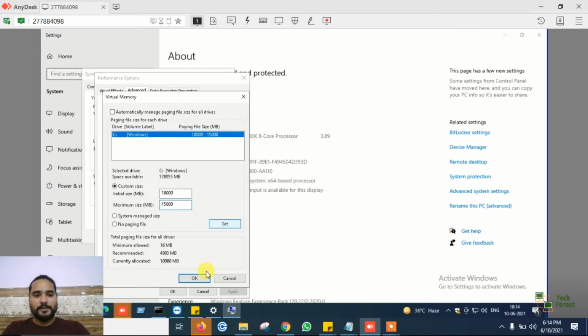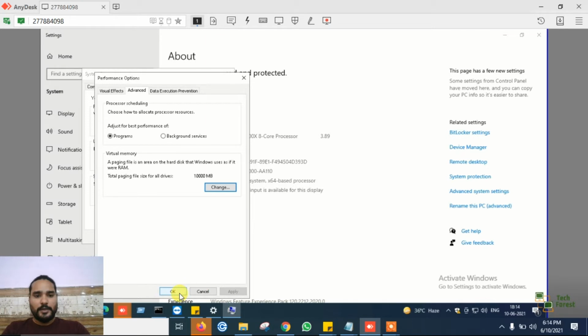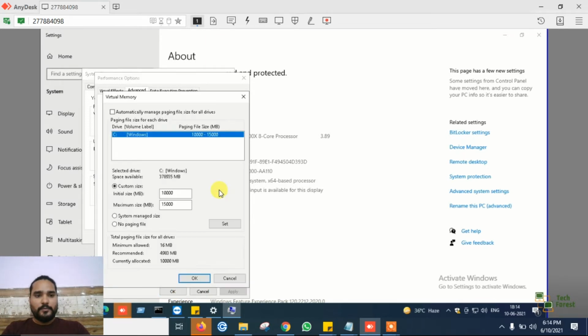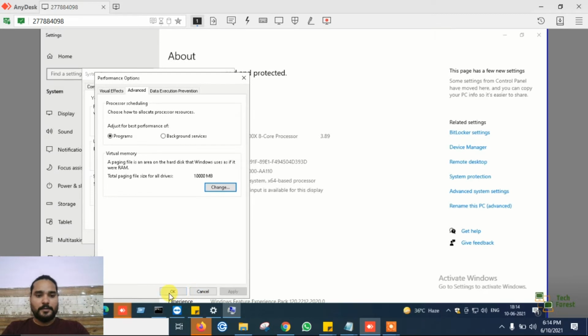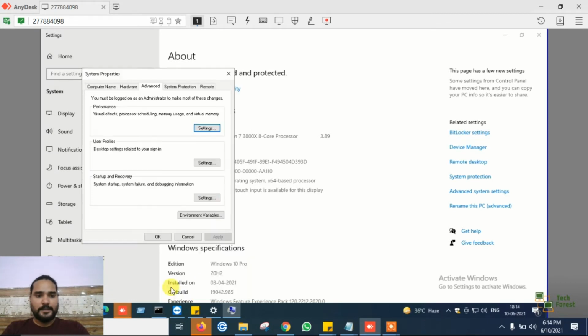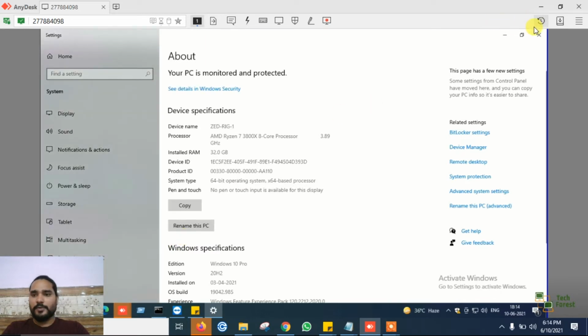Then click on Set, click OK, then again OK. Once you uncheck the automatic option, only after that will you be able to enter your manual settings. Then apply all the settings and click OK. My settings are already saved, so I'm not making any changes right now.